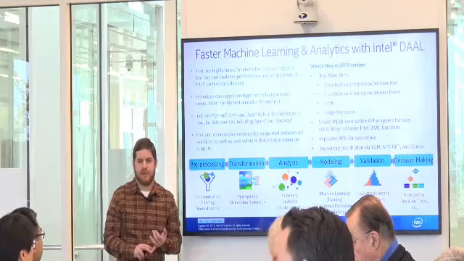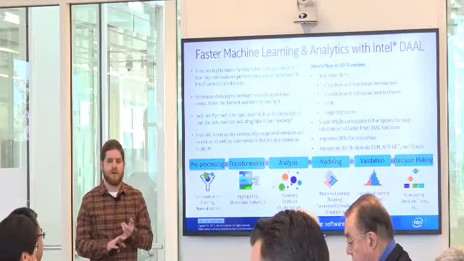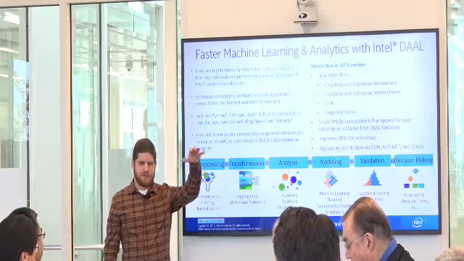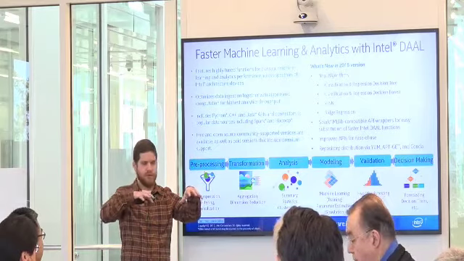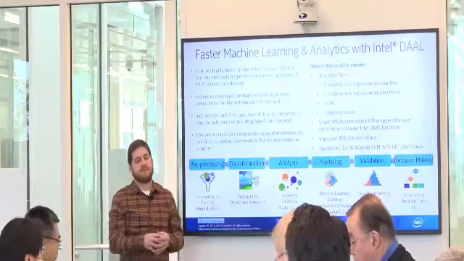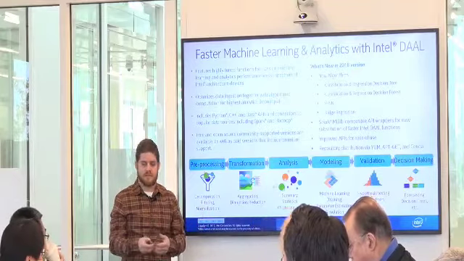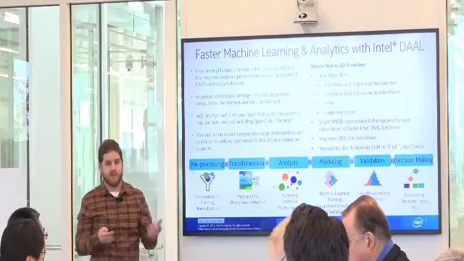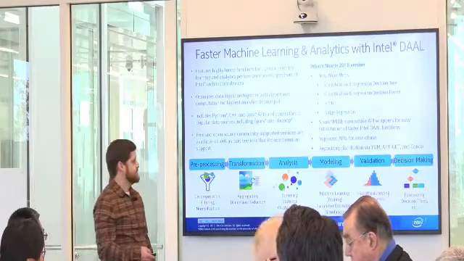Because we're Intel, we have hardware and software, of course. A lot of people don't even know we have software, but our fab is here, and right down the street, we have software engineers. We know a lot about what the hardware looks like, what it's going to look like, but we know what the roadmap is. So we always build in accelerations ahead of time. So if you use our fast primitives, fast libraries, and then you buy new computers, we should already have that up and running and utilizing your hardware.